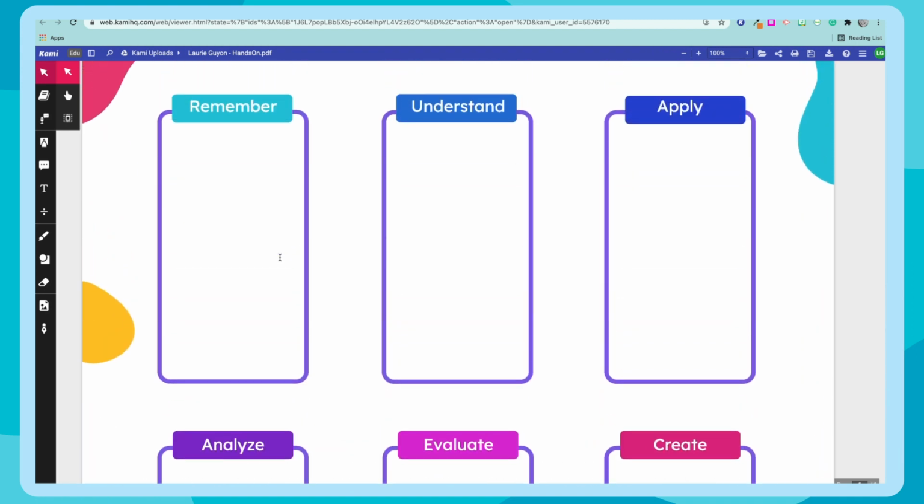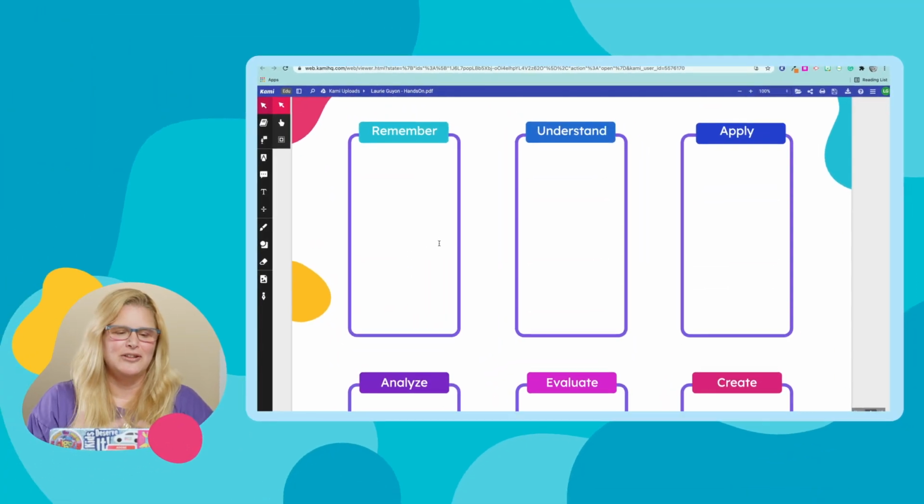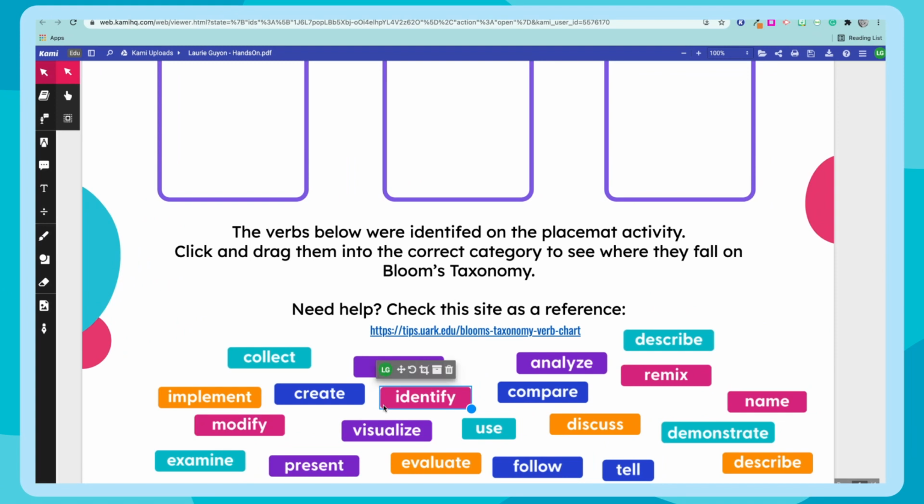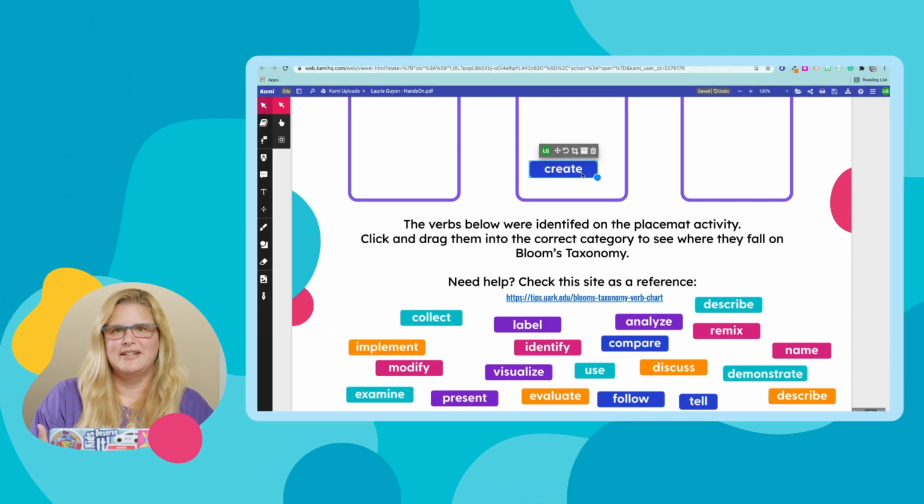So if you remember back when you learned about Bloom's taxonomy, you'll remember that the remember and the understand are the base levels of Bloom's, and as you go into higher order thinking, you get to that evaluate and create. So what the participants would do is they would look at the labels at the bottom of their screen and they would click and drag them into the correct categories. So we can look and see where these standards align as they're going through figuring out what type of activities would fit. So we want to make sure we're doing an activity that fits on the right level of Bloom's as we're going through these standards.